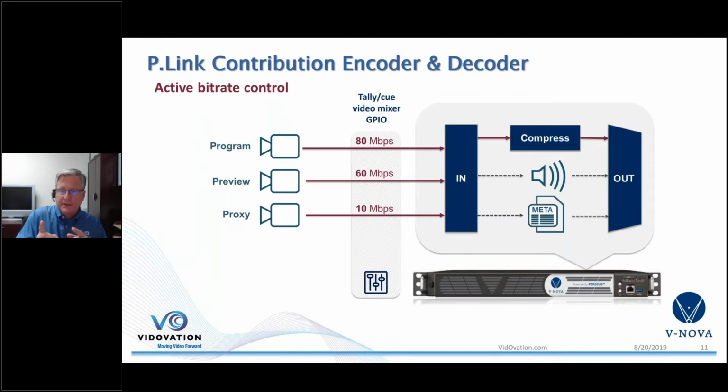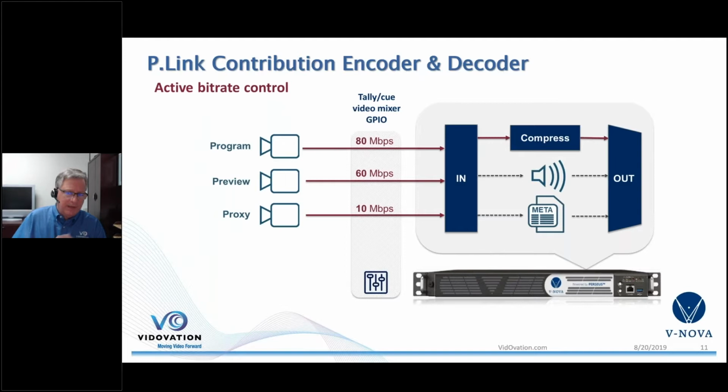Another interesting thing about the Perseus and P.Link, the latency is extremely low. It can get down to 150 milliseconds or less. And you could shade a camera with that kind of latency. Now, that would be the round-trip latency. So the camera shader could sit in master control thousands of miles away and shade the cameras remotely.